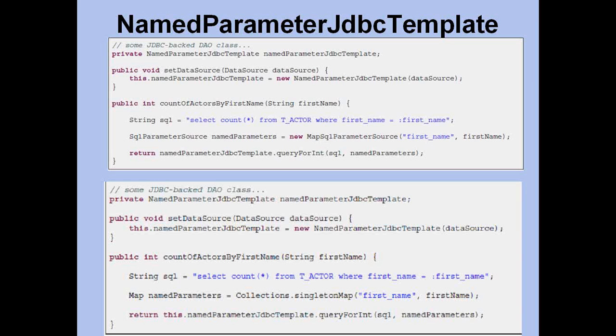So these are three types of JDBC templates. The first one is the JDBC template, the second one is the named parameter JDBC template, and the other one is the simple JDBC template. Simple JDBC template is the same as the JDBC template, but it provides basic methods for data access which are frequently used on a daily basis. And when you are using the named parameter JDBC template, remember to use MapSqlParameterSource, which provides convenient methods to pass the key value pairs.